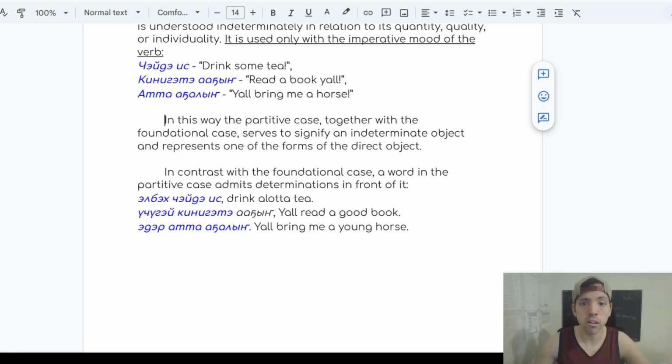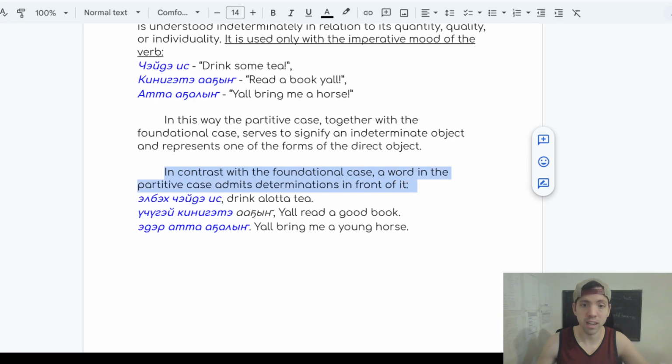In this way, the partitive case together with the foundational case serves to signify an indeterminate object and represents one of the forms of a direct object. My accent's going back and forth. In contrast with the foundational case, a word in the partitive case admits determinations in front of it, meaning it can be used